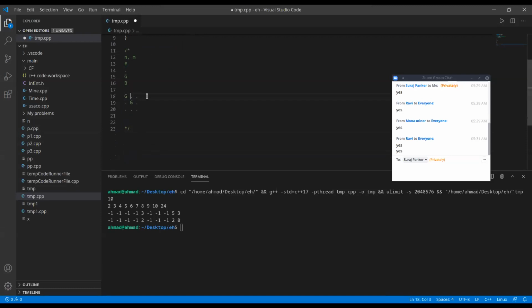Every person can move to any adjacent cell. So this person can move to the upper cell, or to the cell to the right, or down, or to the left. So any person can move to any of the four adjacent cells: right, left, up, or down. Also, there are bad persons.